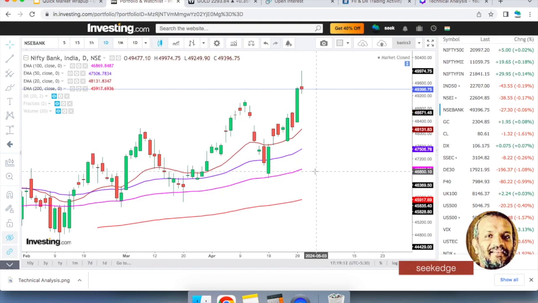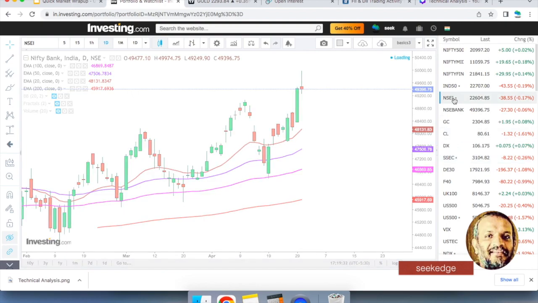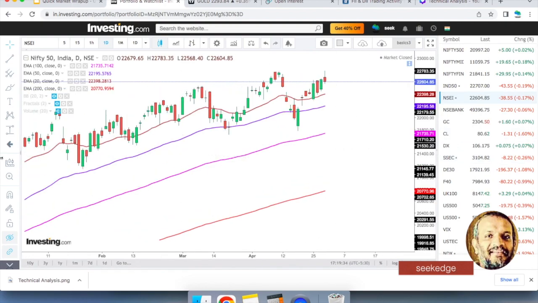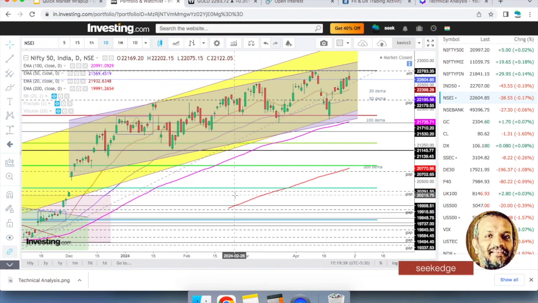It formed a red hammer with a small body that is indecisive, and also an inverted hammer. An inverted hammer on the top could be a potential reversal. An inverted hammer after a big green candle could be a 3-candle shooting star kind of negative pattern, but not confirmed. So there are probabilities of reversal that can happen here. Better be cautious. Or it could just turn out to be another profit booking on an expiry play. The market was slightly cautious before the event outcome that can come from the US today.